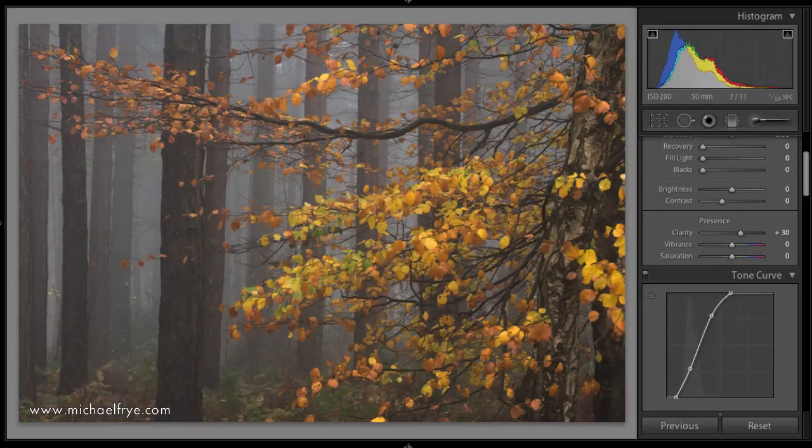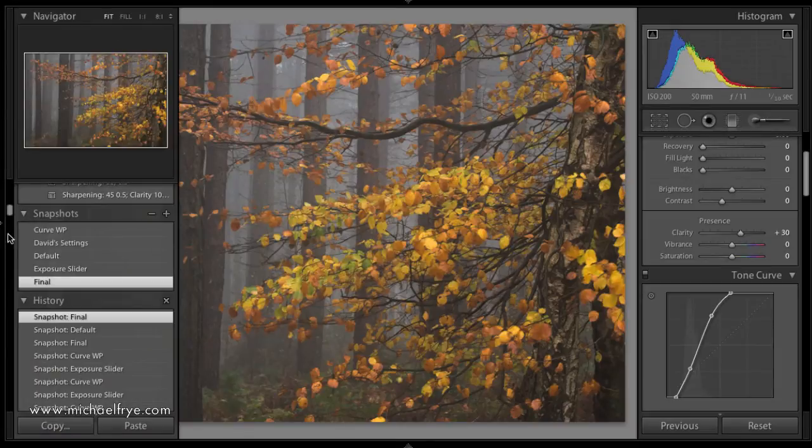Now, this isn't the appropriate time and place to go into a detailed explanation of my Lightroom workflow. The best way to do that is to read my ebook, Light and Land, Landscapes in the Digital Darkroom. And of course you can find prominent links to that on my website and blog. But I do want to show you what I did to this particular image, and we'll start by going back